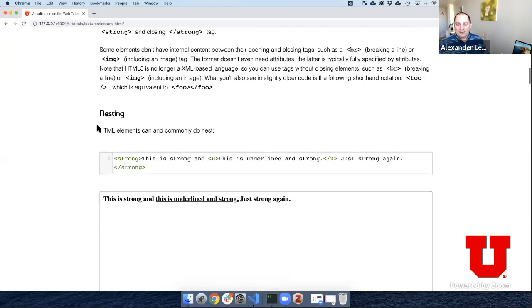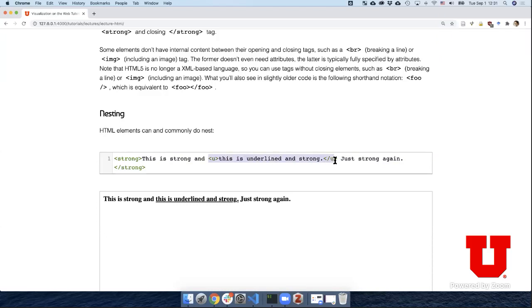Okay. HTML elements can and do nest. So as I mentioned earlier, I can have a strong element, and in that strong element, I can have